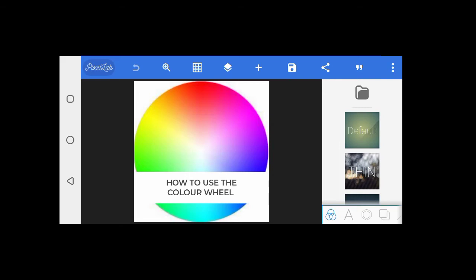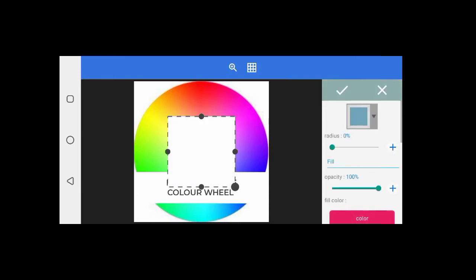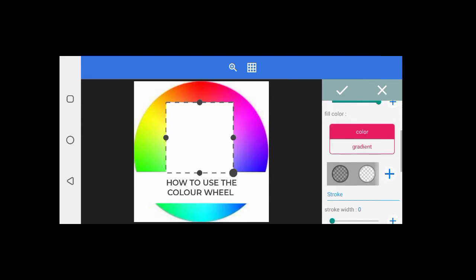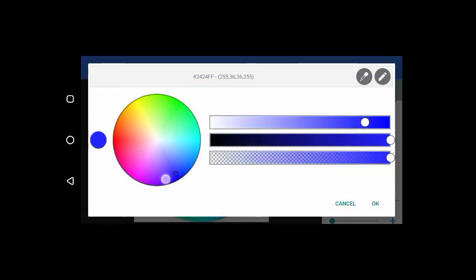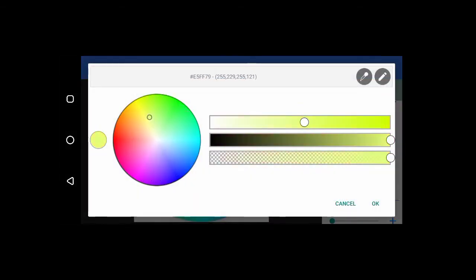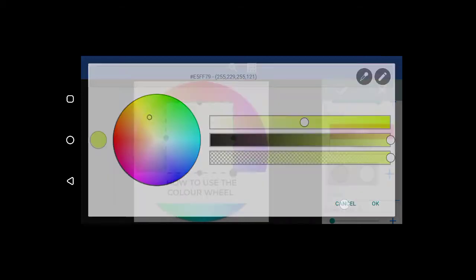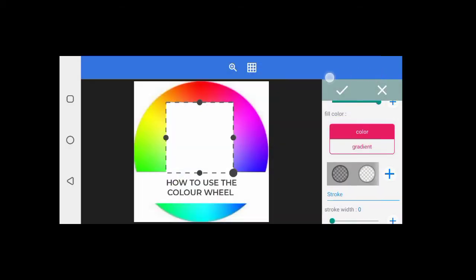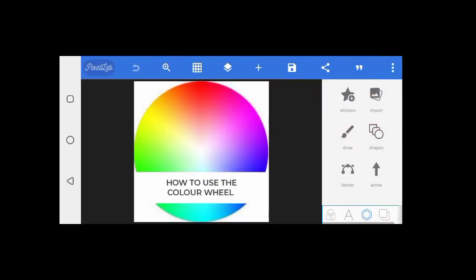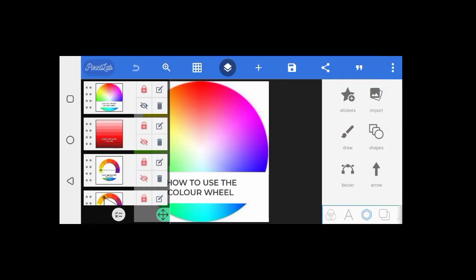Now this is how the color wheel looks like on our Pixellab. And let's go to shape here. This is how it looks like. Can you see? This is how it looks like. But to use color wheels, there's something we call